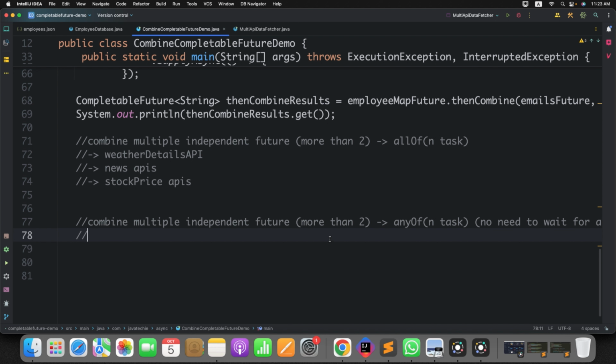The best example in retail: getting the location from two different APIs. Let's say API X and API Y. Whichever returns the result first, whether it is X or Y, I want to give that result back to the end user so that they won't be blocked. Or you can take another example. Let's say you want to fetch the stock market price. There are n number of APIs, right? So stock price,